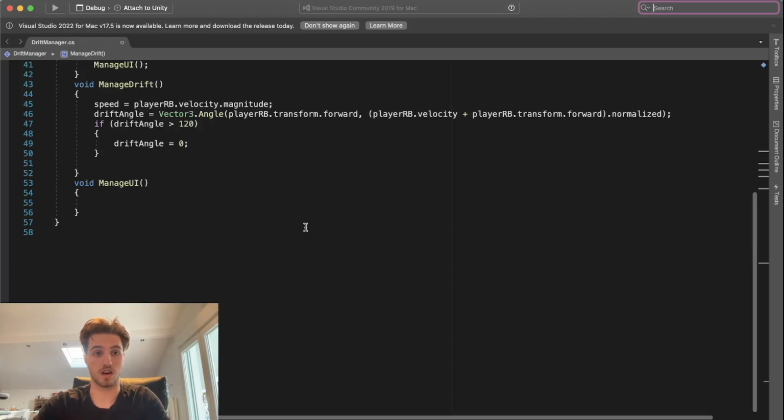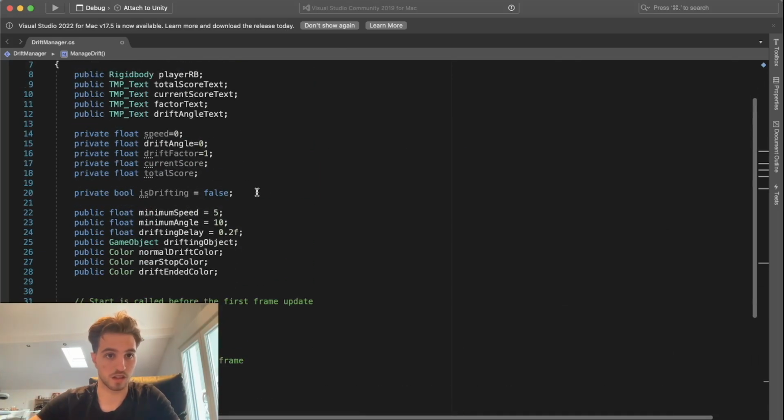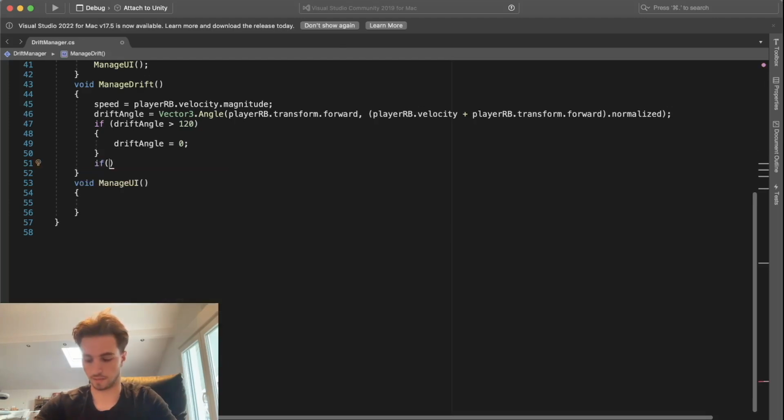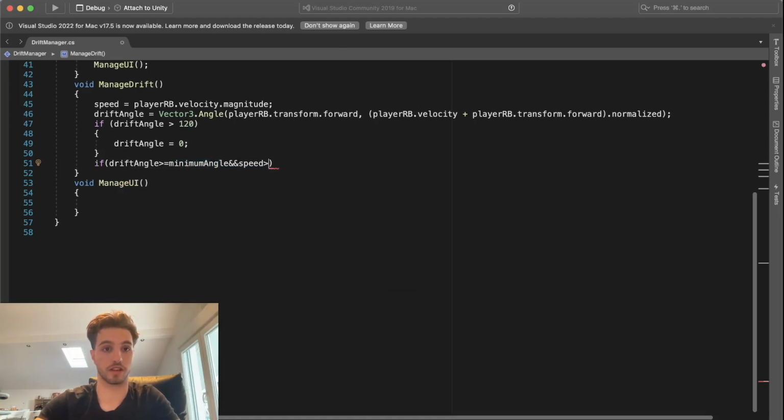Okay, and now we do the calculations. We start by checking if the car is drifting, and if it's not, we should start the drifting, or at least enable this bool here. Yeah, this bool here. We need to set this to true. So we say if the drift angle is bigger than our minimum angle, and the car is moving, so speed is bigger than the minimum speed we need, then